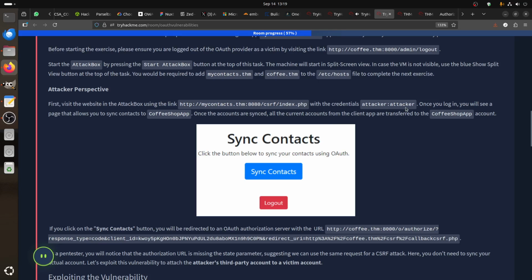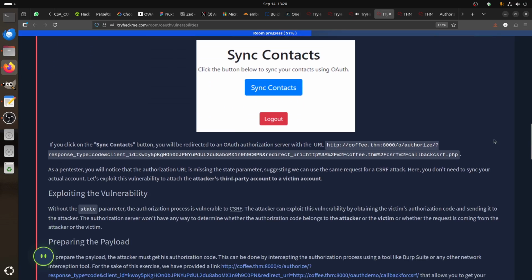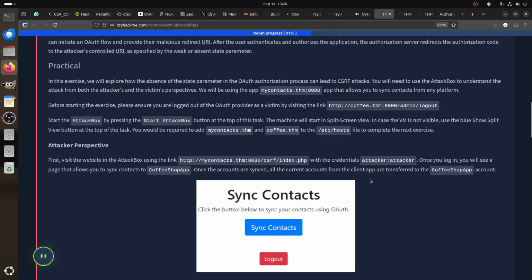With the credentials attacker, once you log in, you will see a page that allows you to sync contacts to the coffee shop app. Once the accounts are synced, all the current accounts from the client app are transferred to the coffee shop account. Okay, if you click on the sync contacts button,